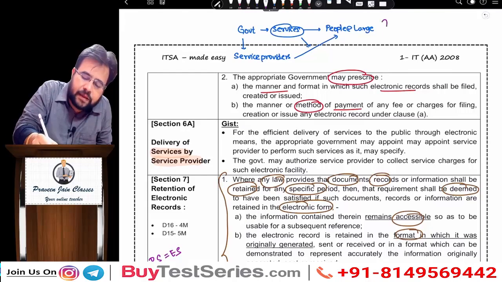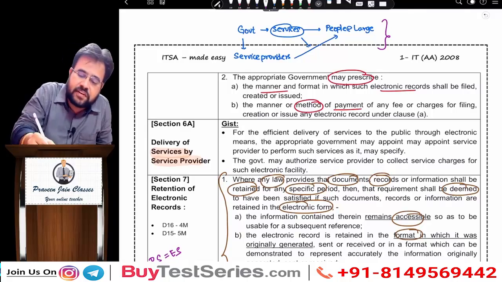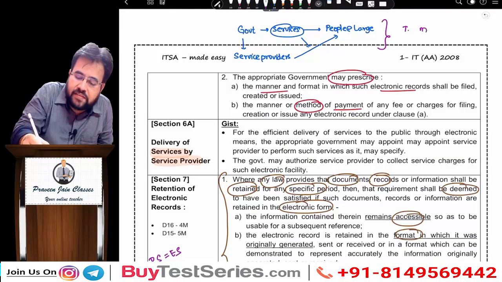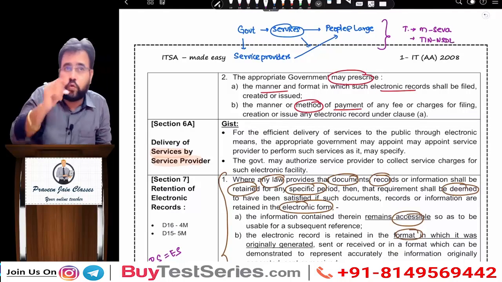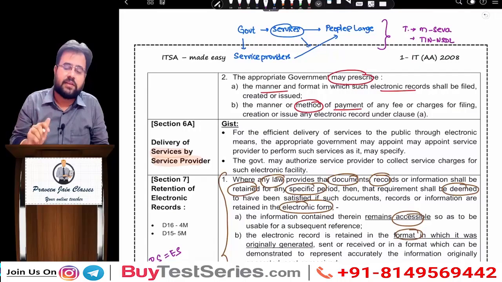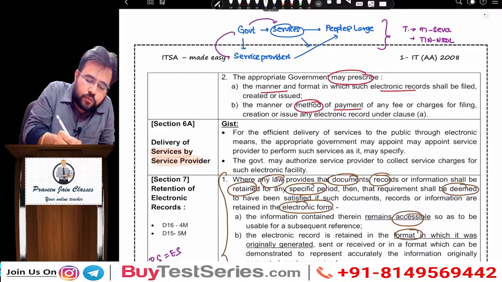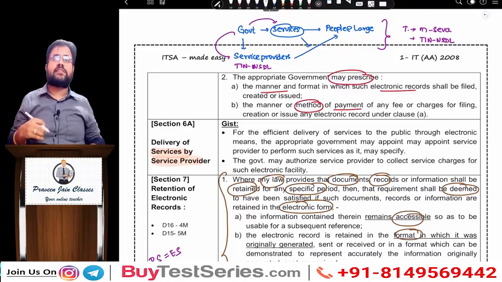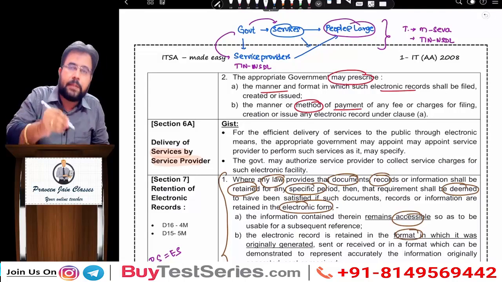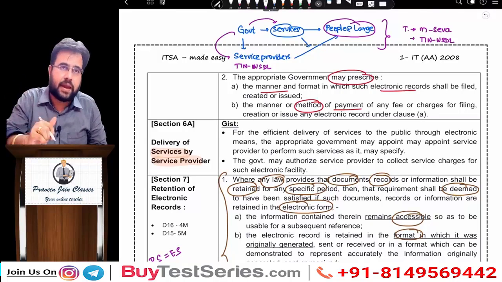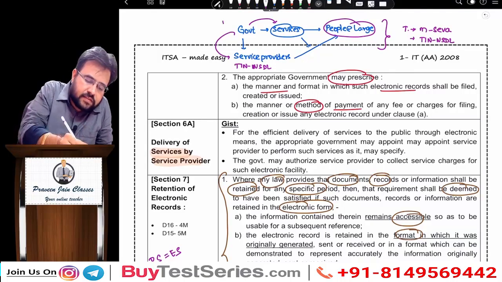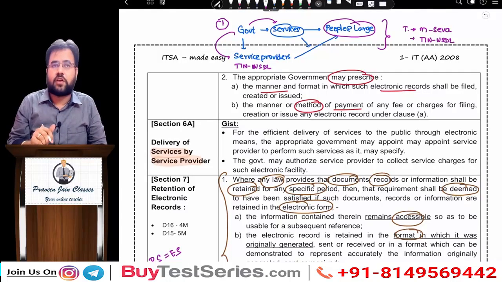People at large. Example, sir, I don't know in different states, but in Telangana you have Me Seva, or you can say TIN-NSDL. Whose job is it to issue a PAN card? Income tax department, sir. But income tax department has given this total authority to whom, sir? TIN-NSDL. So who is TIN-NSDL? These are service providers who are helping people in getting a PAN card. This is what section 6A is talking about.